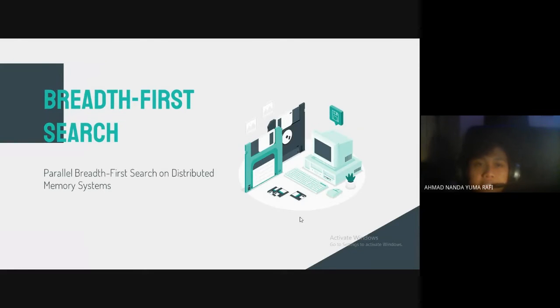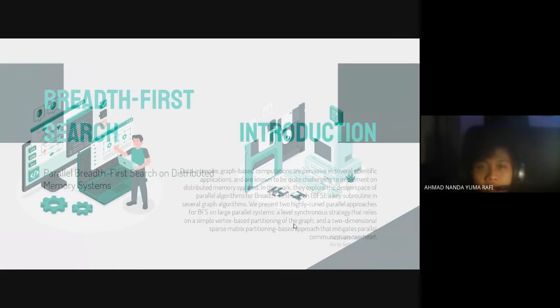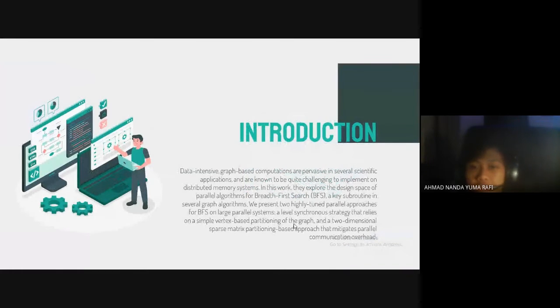For the next is a paper about the breadth first search, with the title Parallel Breadth First Search on Distributed Memory Systems. For the introduction, data-intensive graph-based computations are pervasive in several scientific applications and are known to be quite challenging to implement on distributed memory systems. In this work, they explore the design space of parallel algorithms for breadth first search or BFS, a